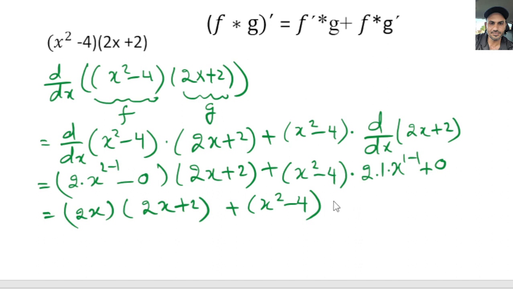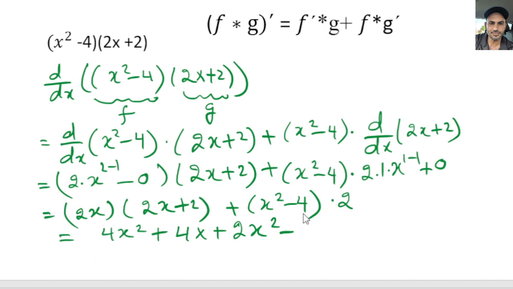So this is going to be just 2. All right, now we can rewrite it again if we want to, or we can just simplify it further if we want to. This 2x multiplies with 2x becomes 4x squared, and then 2x multiplies with 2, that becomes 4x, plus this 2 multiplies with the x squared term becomes 2x squared